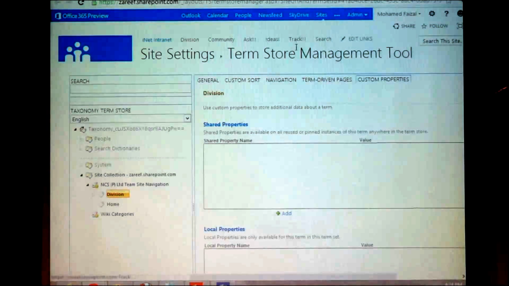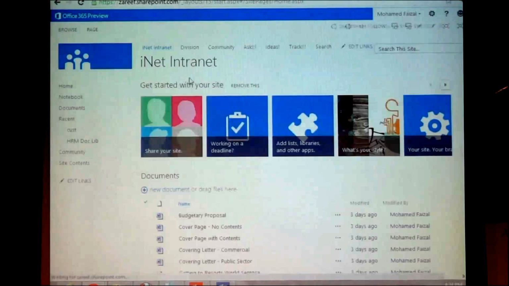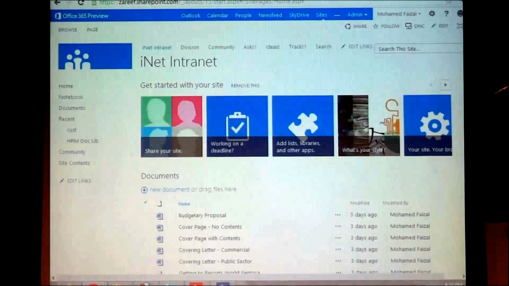You don't need to go to the custom master page and edit the number of display levels, 4, 3, 2. No need to do all this. It's taken out, lifted already. This is one of the interesting things they have done in SharePoint 2013.